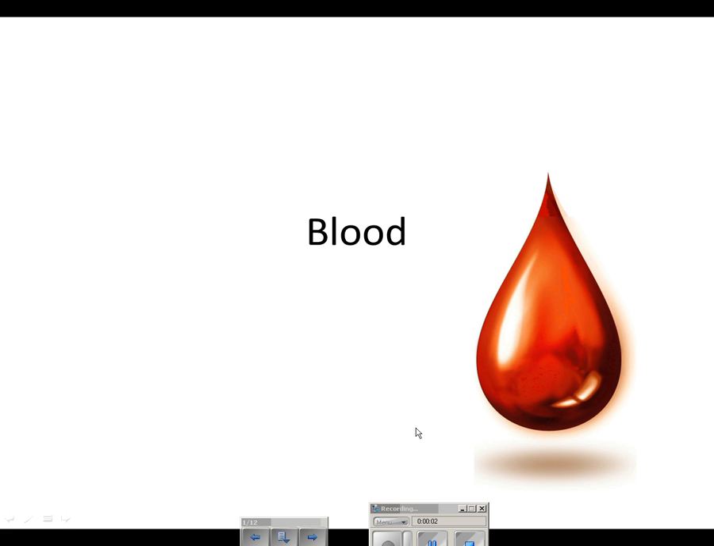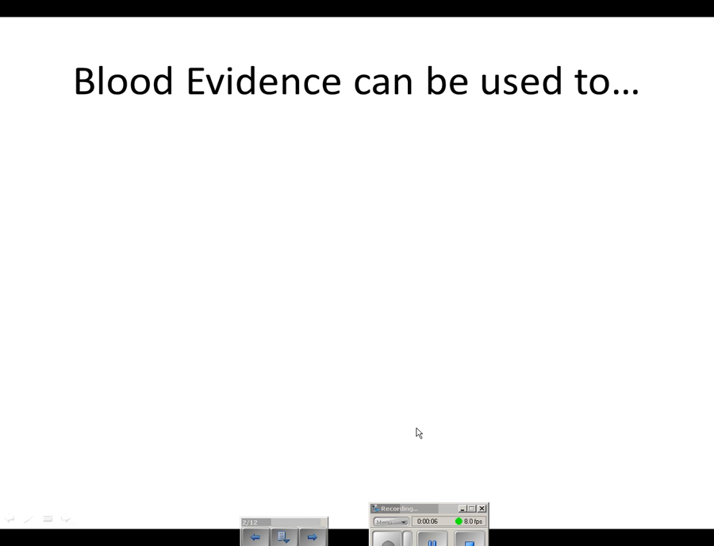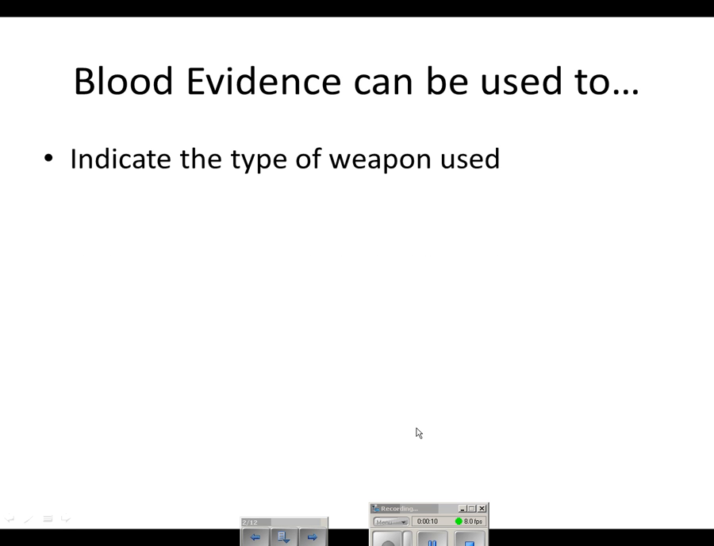This lecture will be on blood and its components. So blood evidence can be used to do a few different things. It can be used to indicate the type of weapon that's used because we can look at the spatter patterns and see if there was a high velocity or low velocity wound inflicted, such as a gunshot versus something with